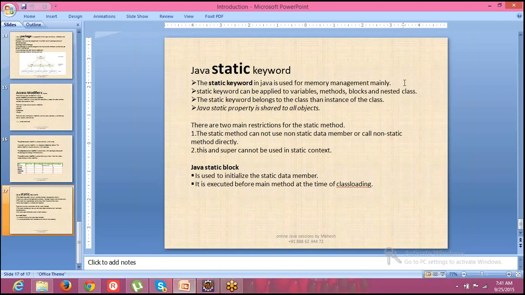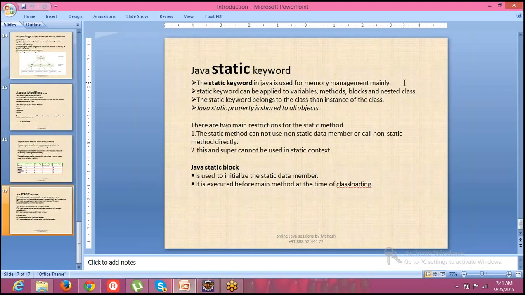The second statement I have quoted here is: the static keyword can be applied to variables, methods, blocks, and nested classes. You got my point, right? That is what we have already discussed. Is there anything missed out here? Constructor.